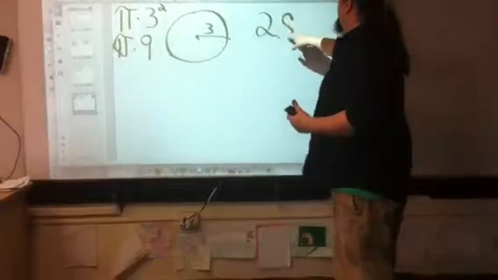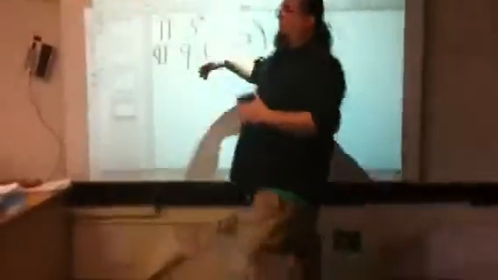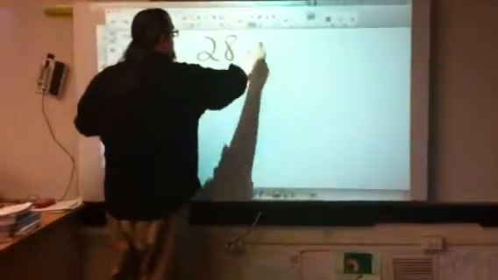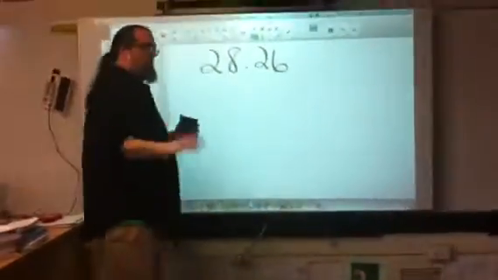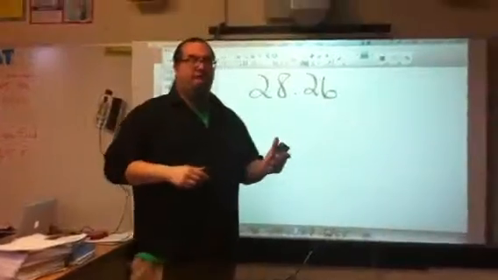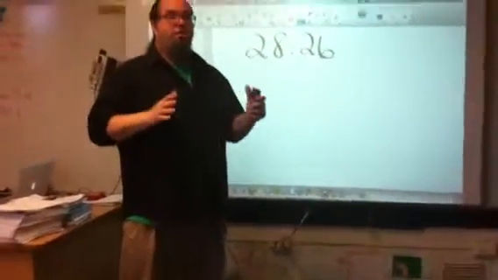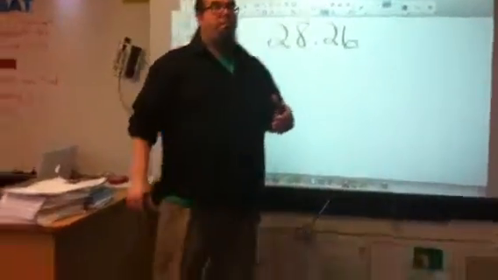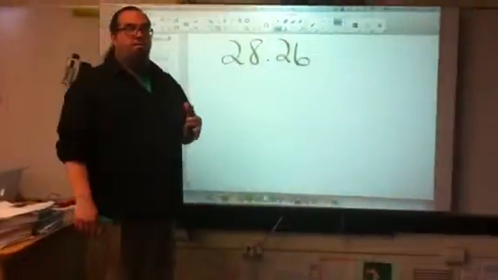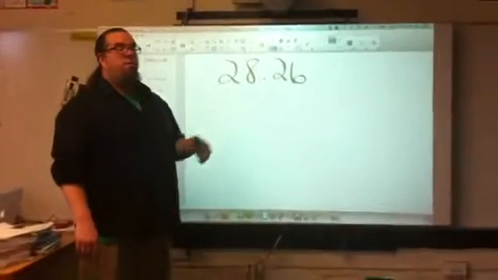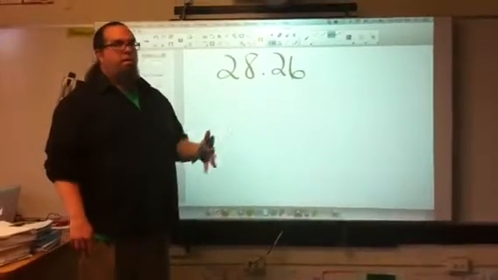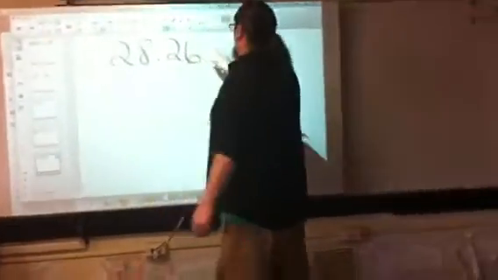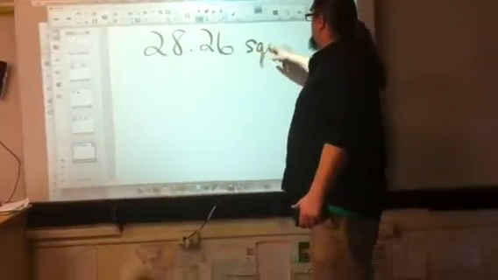Now, this is important. I didn't show you this before. It's 28.26. Now, question. I didn't show you this before, it was my fault. On the previous example, I left out a major point, that this is area. So you have to show it as square units, right? So in this example, if you remember, I didn't give you a unit. It just said 3. So in that case, you have to write this as 28.26 square